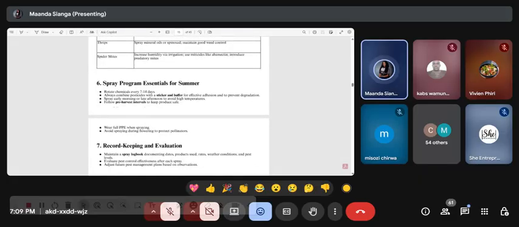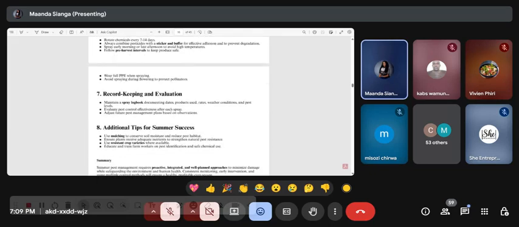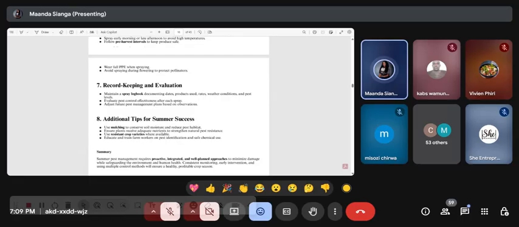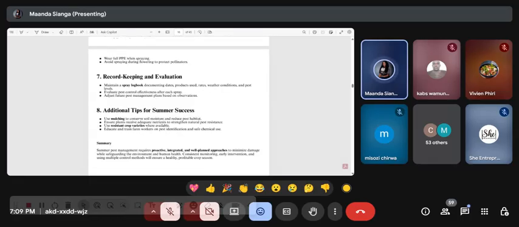So this is more or less a repeat of how you rotate your chemicals, combining your sticker, your buffer, your pre-harvest intervals, and that sort of thing. And maintain a spray logbook documenting your dates, your products used. All of these are very key. In whatever you do, just document it, record it. Maybe you want to enter into a more formal market, or maybe you found an export market. You can't just do all these things without data on how you're managing the crop,